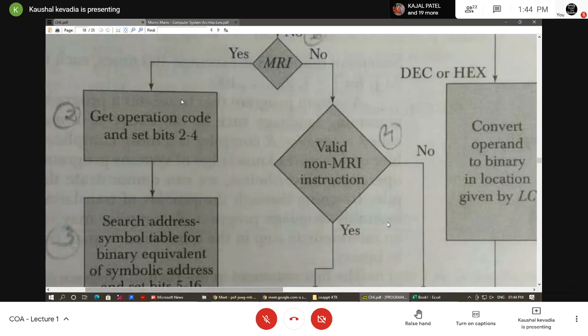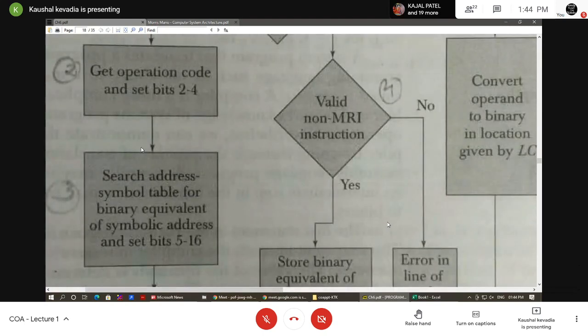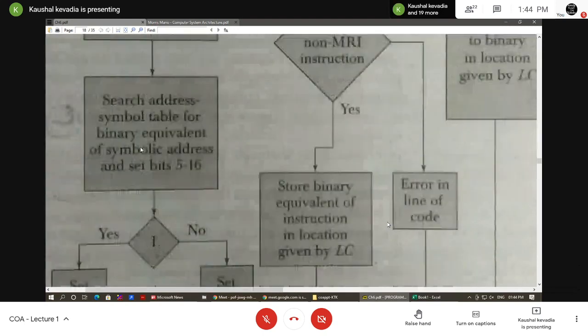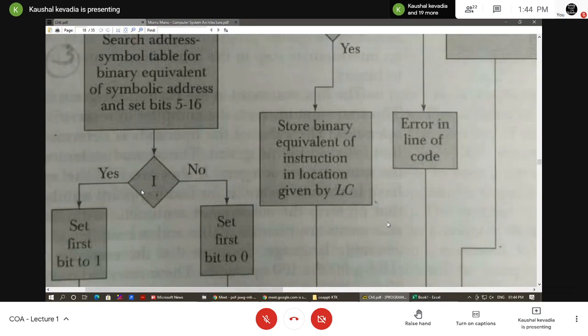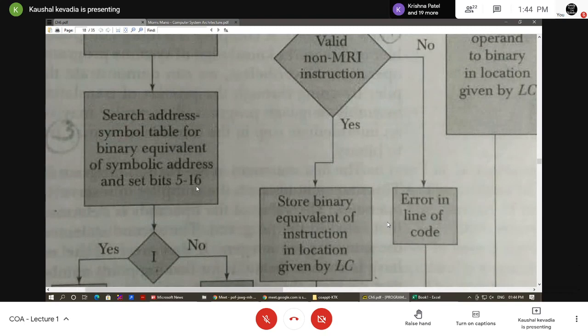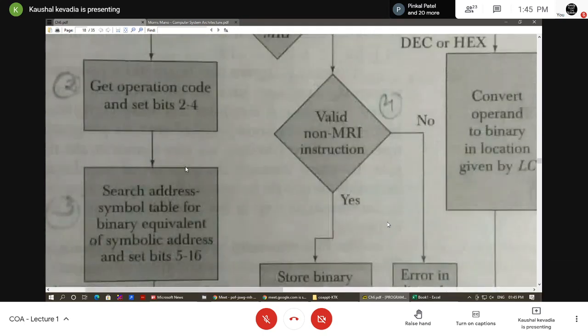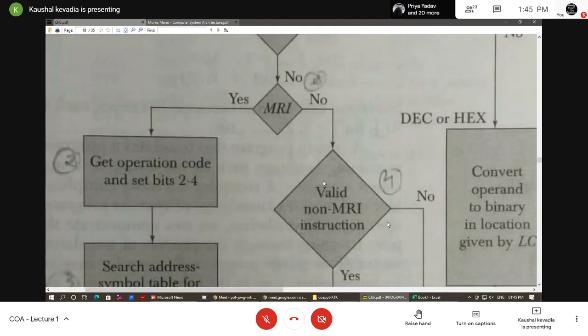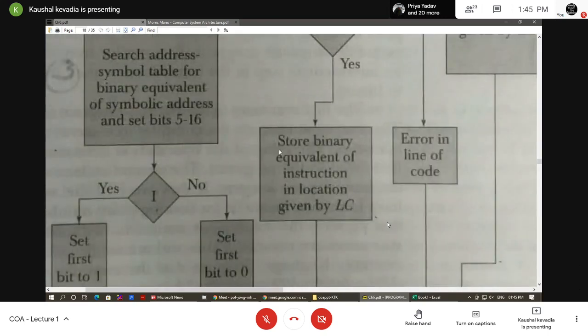If it is an MRI instruction, we have to prepare the 16-bit combination. The first bit is reserved for the mode bit, depending on the I. The second, third, and fourth bits are taken from the opcode, and the fifth to 16th bits are taken from the address symbol table, the address of my symbol or label. For non-MRI instructions, we directly have the 16-bit representation or code for that instruction, as we see in table 6.1 of this chapter.